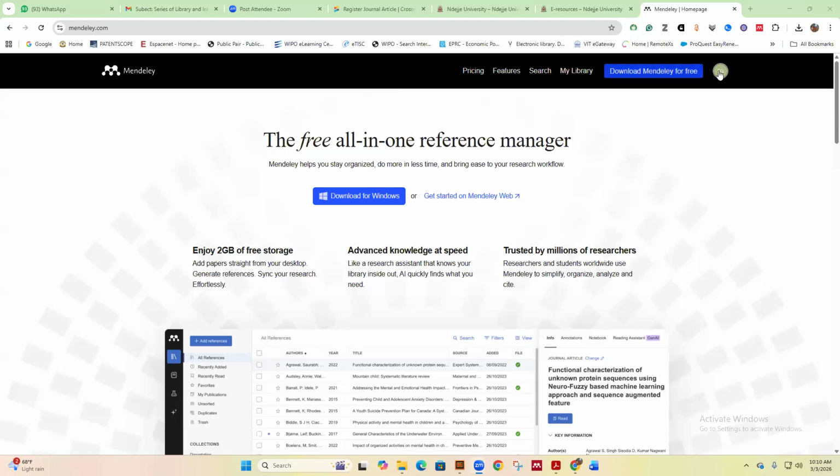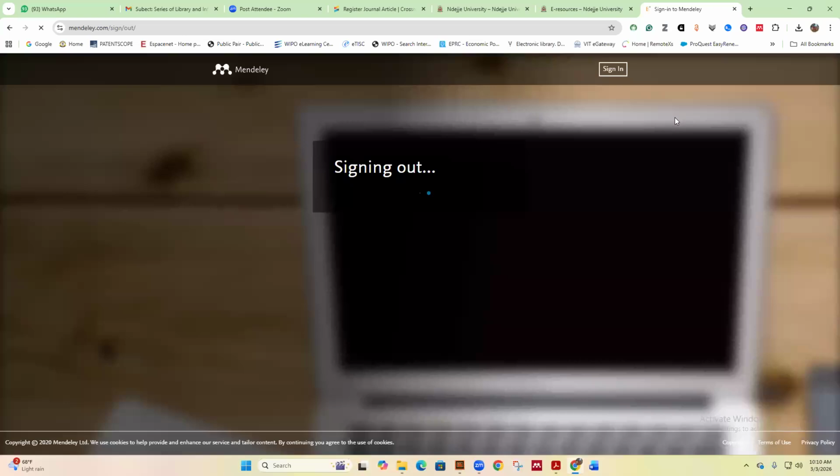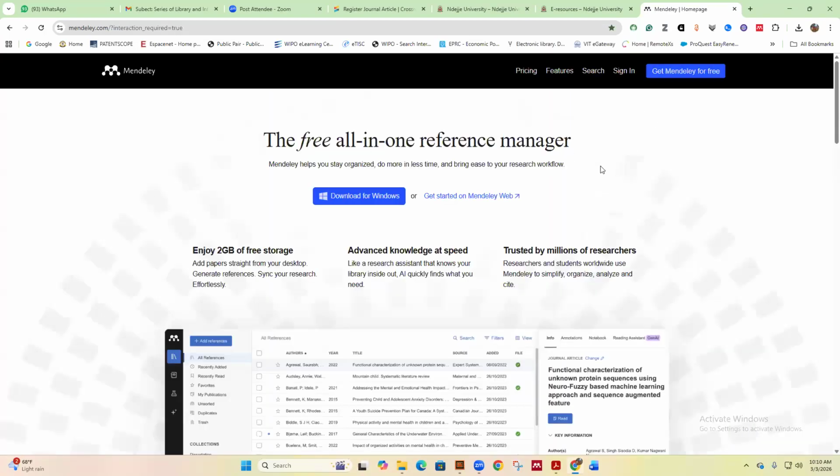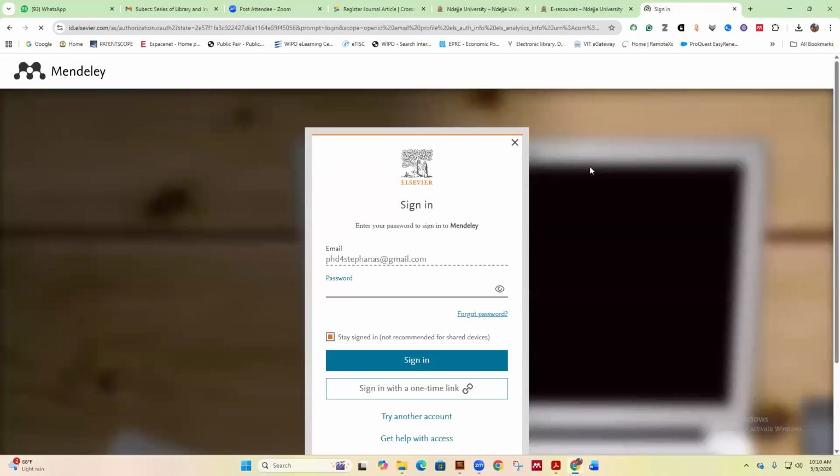And the moment you type in mendeley.com, it will give you a page of this nature, which requires you to sign in. So the moment you click on sign in for the first time persons, it will